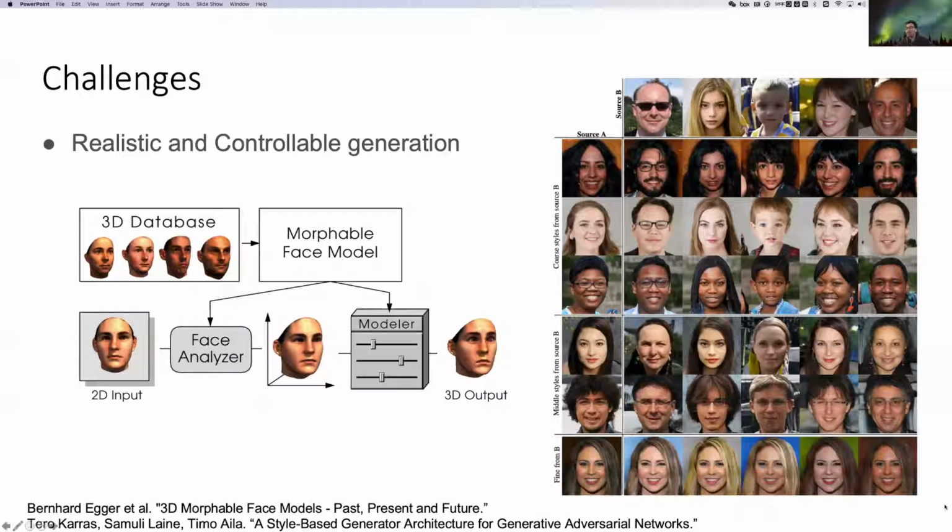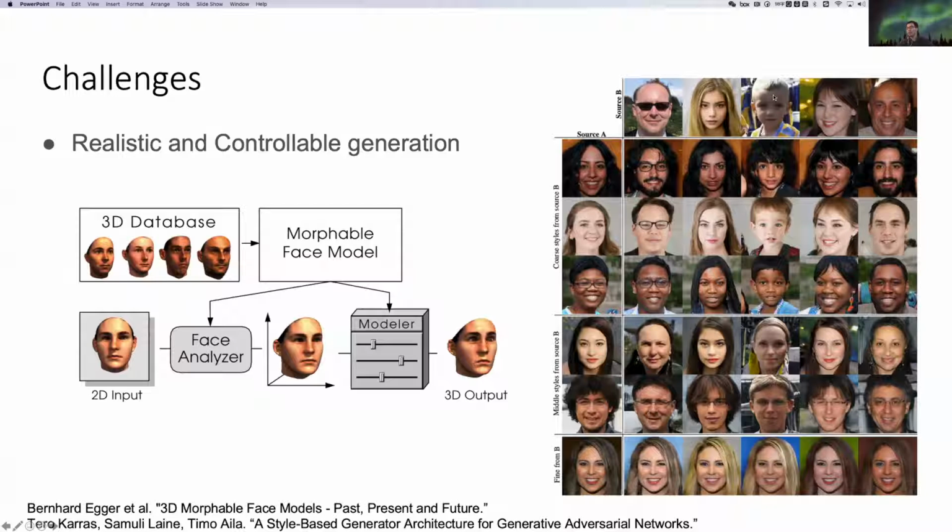For example, in this example, on the top is source image B, and on the left side is source image A. You can see that when they generate the images, this boy is generated with the color of A. However, it also changes the appearance of this boy, right?